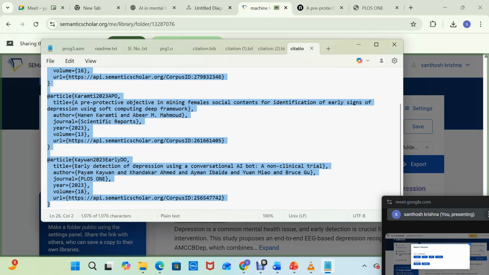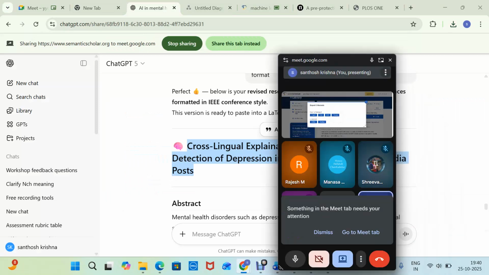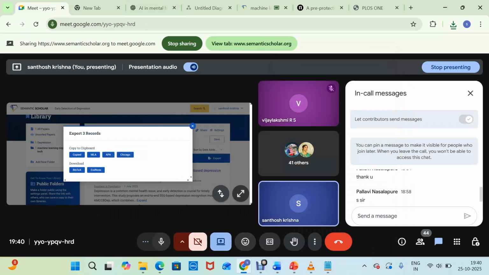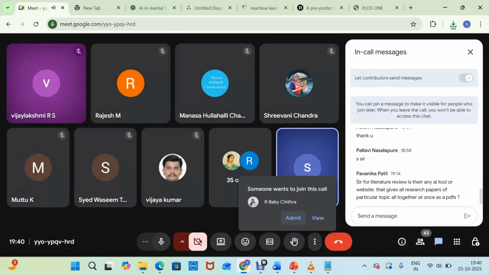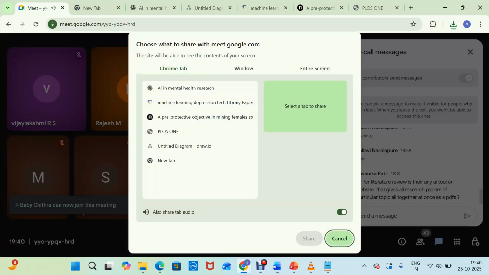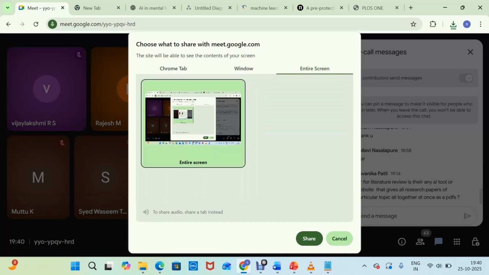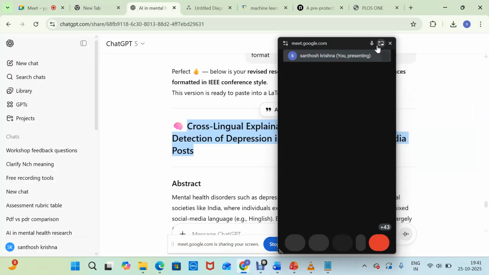Now I am opening my GPT page. Yes, now I copied it and I am moving on to my GPT page.